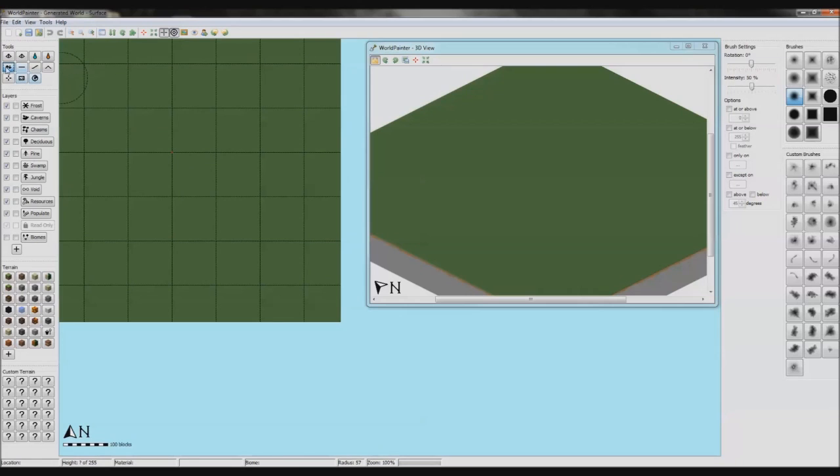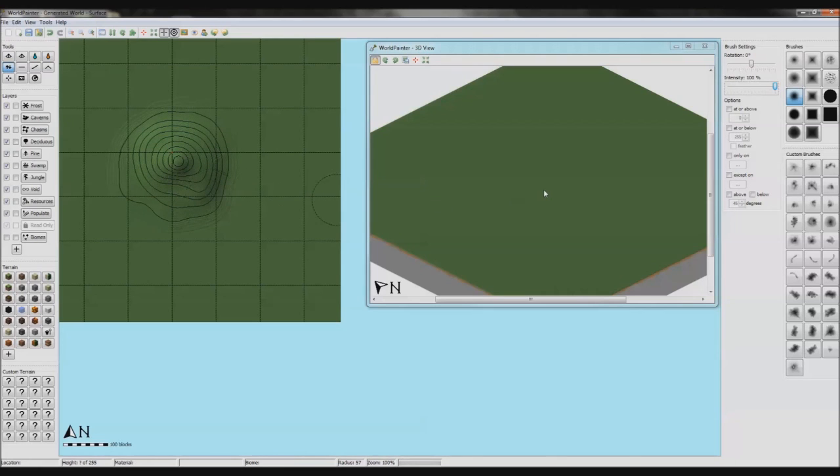We're going to make sure we've got the raise and lower tool up, and we've got our brush. Our intensity is going to be set to 100 to start off with. We're going to left-click on the mouse, and look what starts to happen. We start pulling up in the center. It is raising the terrain, and I'm just holding the left mouse button down, and it's pulling up all the